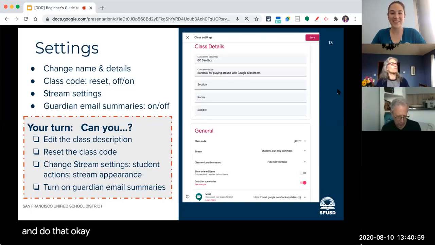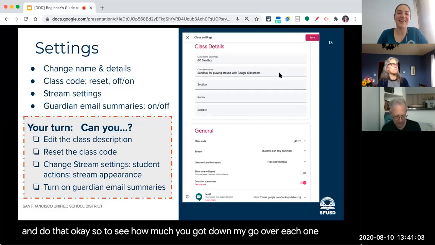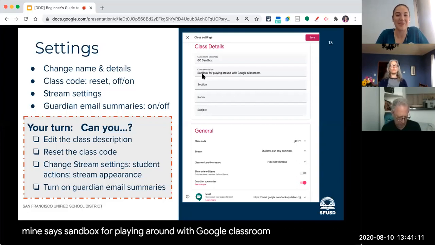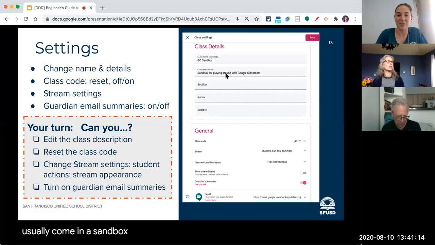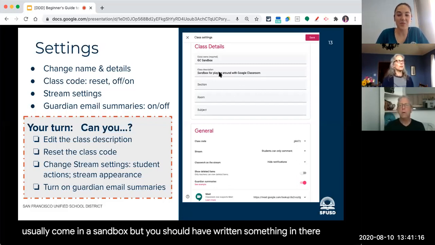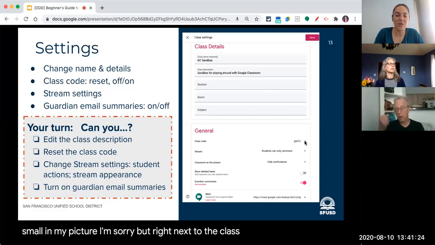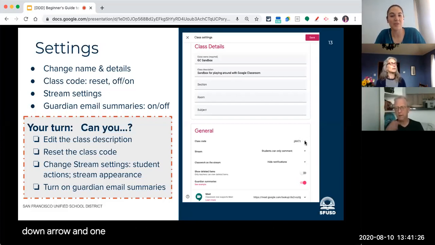Okay, so to see how much you got done, I'm going to go over each one here. To edit that class description, it's the second box down. It says class description. Mine says sandbox for playing around with Google Classroom, because I usually call mine a sandbox, but you should have written something in there. To reset the class code, that's actually under this little drop-down arrow. It's kind of small in my picture, I'm sorry. But right next to the class code, there's a drop-down arrow, and one of those options in there is to